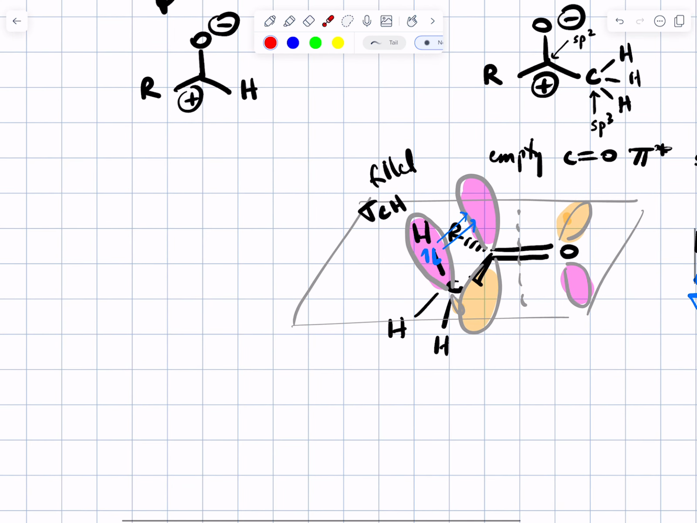Does the hydrogen on the aldehyde have hyperconjugation? The answer is no. If you compare the aldehyde,